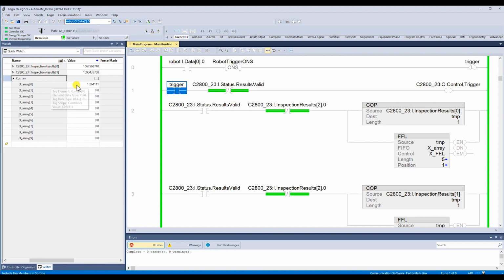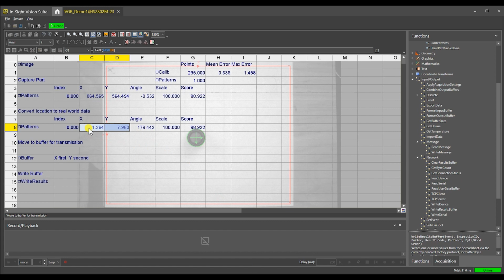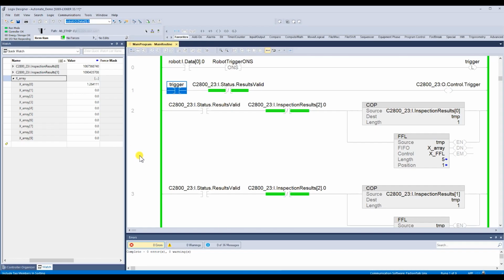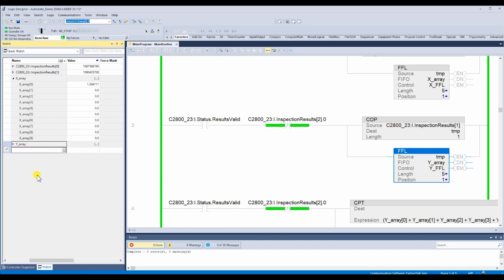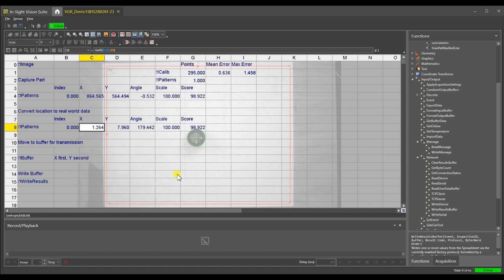But also, we now have an X value of 1.264111. If we look at Insight, X is 1.264. So this is only showing 3 decimal places, whereas our PLC has more, but that's fine. If we look at the Y value, the Y array as well as the X array here, we can see the same type of results. There it goes. 7.960, 7.960. So that is how you get the data and the tracking out of